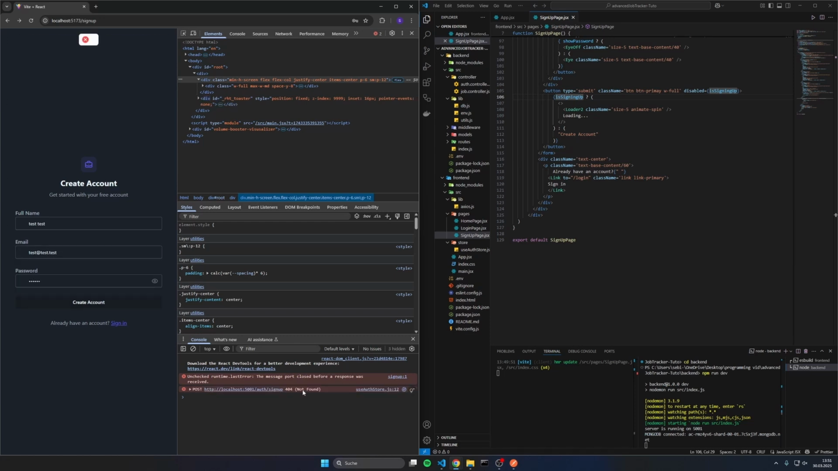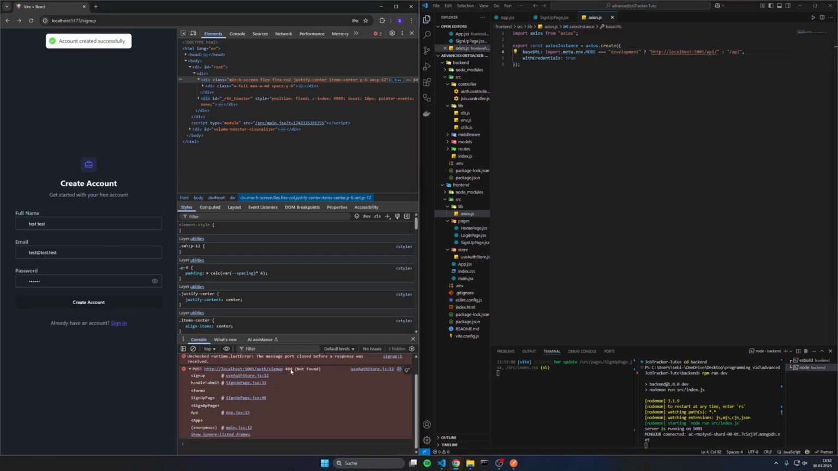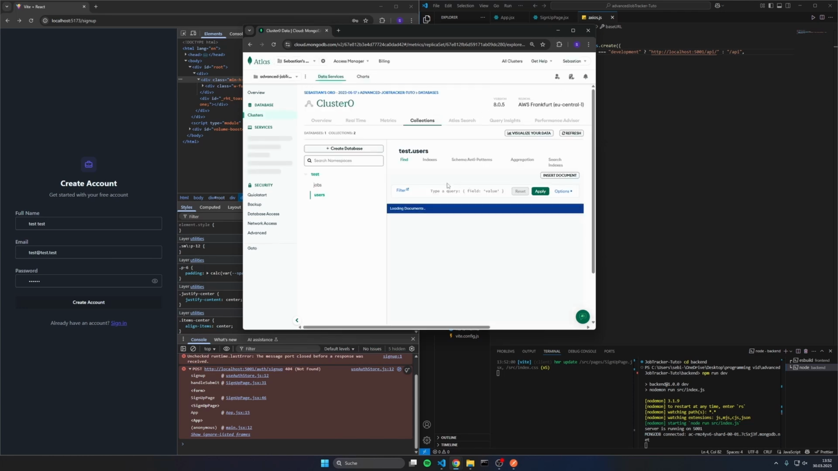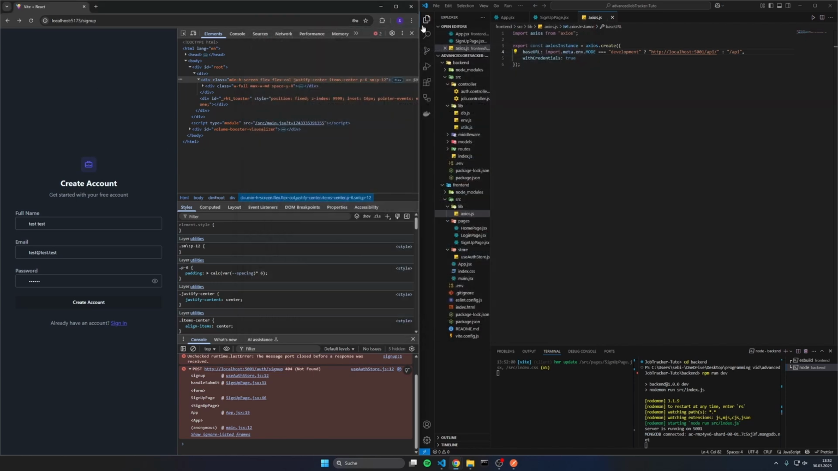Okay. And not found. We have to check the axios. Yes, we have to add the API. Save that. It says account created successfully, and if we go to our cluster and refresh it, you can see there's the test. So now that the signup works,